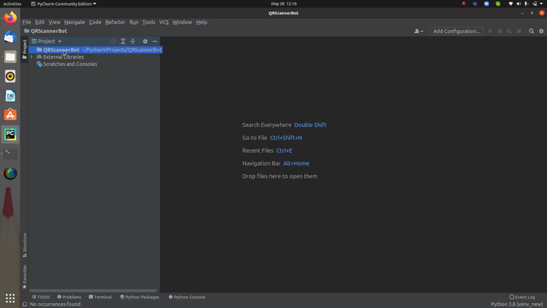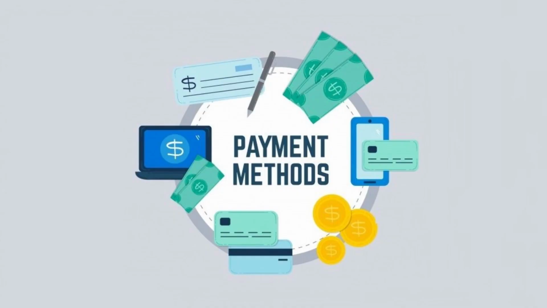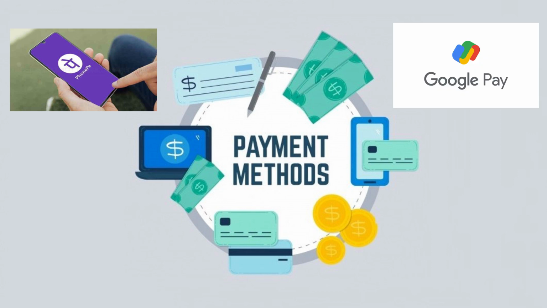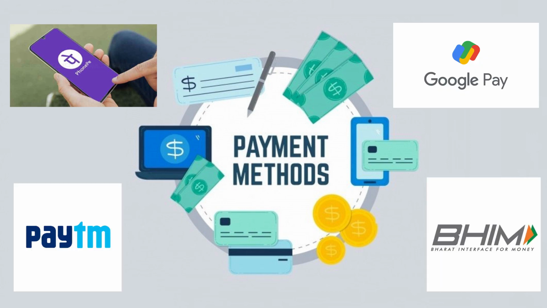Firstly, before installing that, let me tell you what exactly a QR code scanner is. QR codes are simply like an authentication, an ID for everything that can be generated based on the QR code. For example, if I'm talking about a mobile number, or a normal payment service, there we have a QR code scanner. For example, for PhonePe, Google Pay, Paytm, there we have a QR code scanner, and we are using that QR code scanner to make the payments.